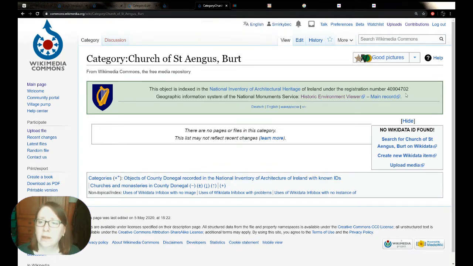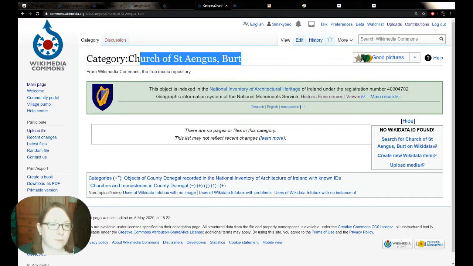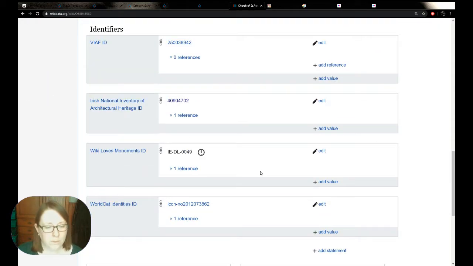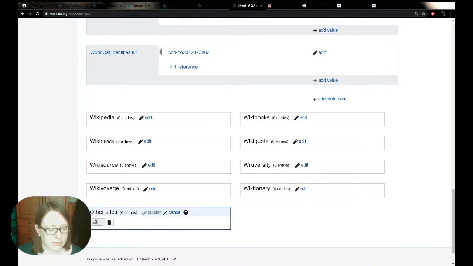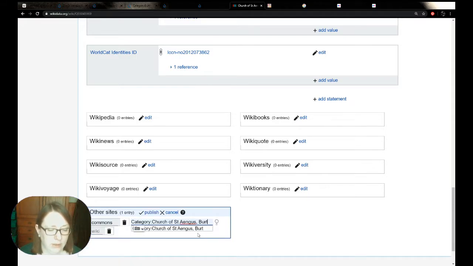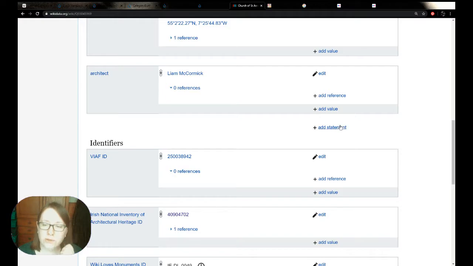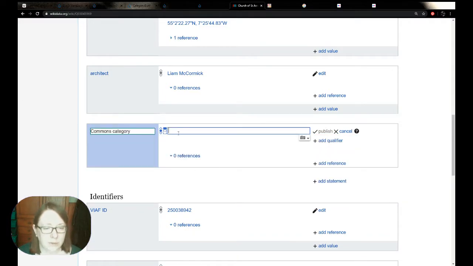So you can see we have our box pointing towards the record in the NIH, and as I said, the Wikidata item is coming up as unhappy at the moment. So we can fix that. We go back to our Wikidata item. I'm going to do two things. On other sites, I'm going to add Commons. This is where I always forget whether or not it wants the category. Yes, it does. So Category: Church of St. Angus, Burt. Press enter. That's now linked. But you can also do it this way. We can go here and see Commons category, but here, it doesn't want Category: